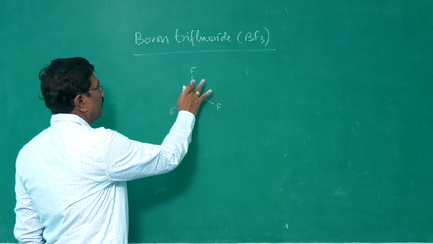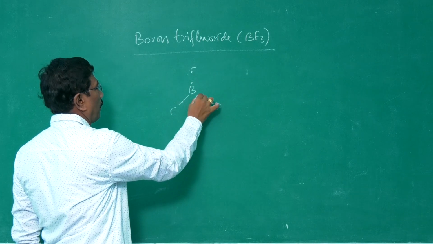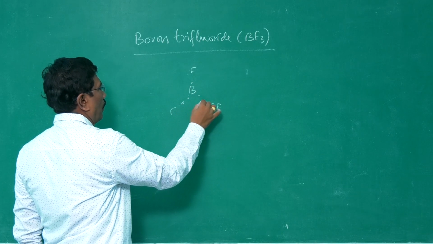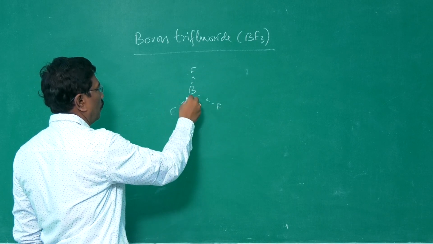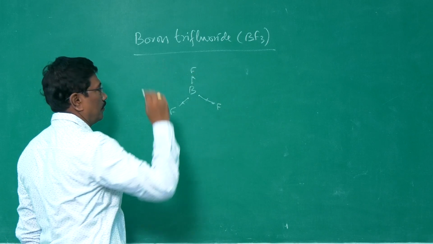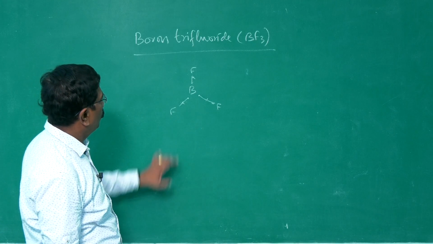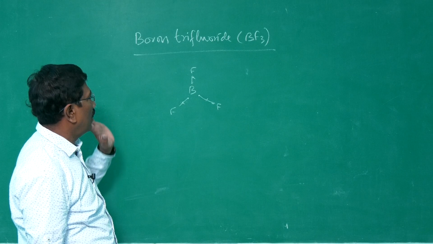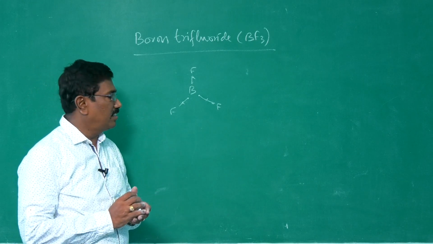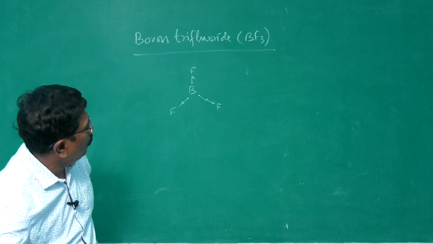Since it has got only 3 electrons in its valence shell, it shares its electron with 3 fluorine atoms and only a sextet of electrons is available around the boron. So, instead of an octet, it has got only a sextet. It needs 2 more electrons and it is said to be an example for an electron deficient molecule and it is